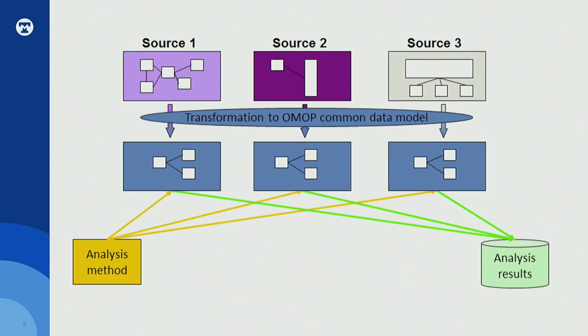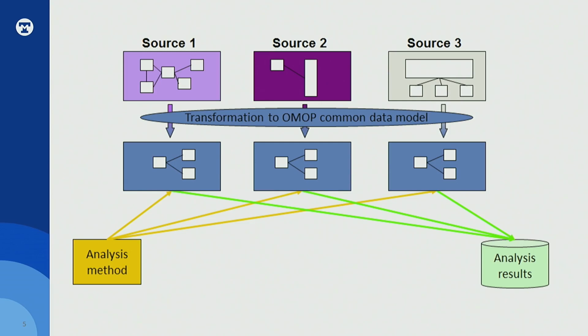So this is a graphic that I borrowed from Patrick Ryan from the Odyssey community. This describes what we're doing here with our Odyssey tools and real-world evidence. So think of these sources at the top as either databases from 3 different hospital systems. So it could be like Epic, Cerner, and then a different Epic implementation. Or it could be within your hospital system. It could be your Epic data, and then Cerner, or VA data, and then your claims data, and then